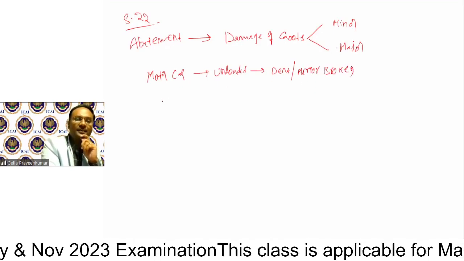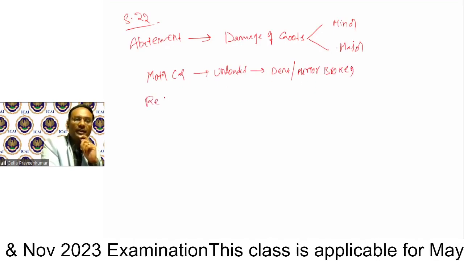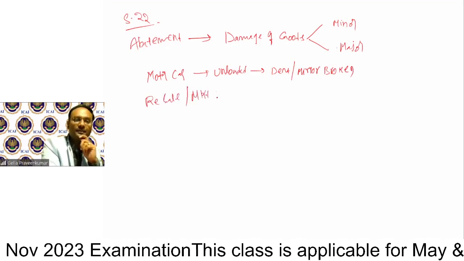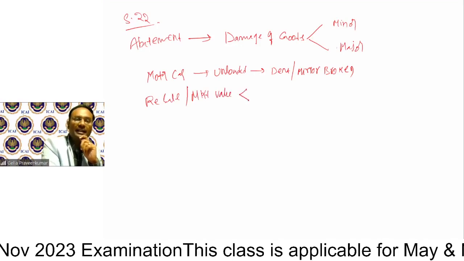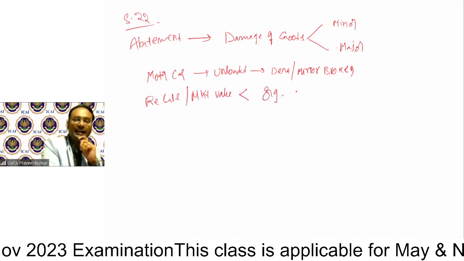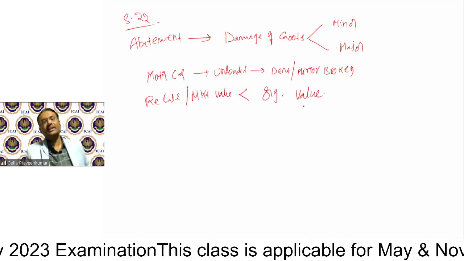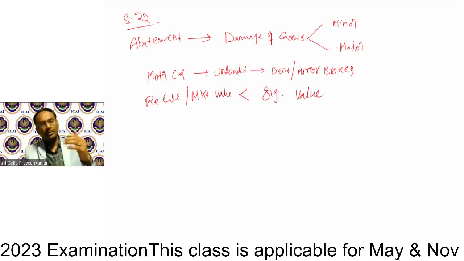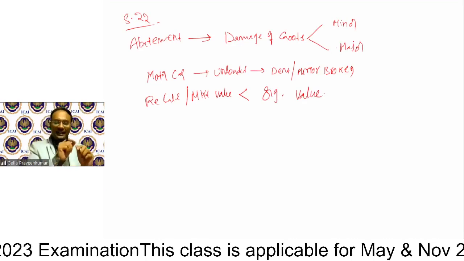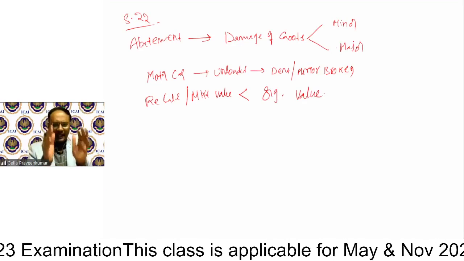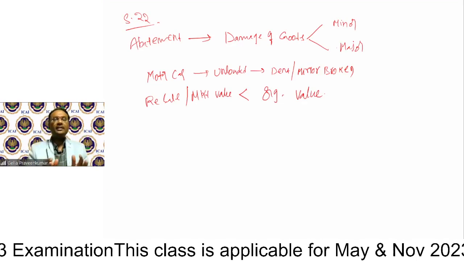So here, the resale value, or market value, will be lesser than the original value. For instance, imagine this car. When you want to buy a brand new car, assuming there is a scratch or a dent on it,